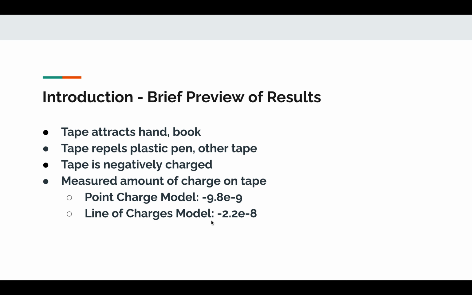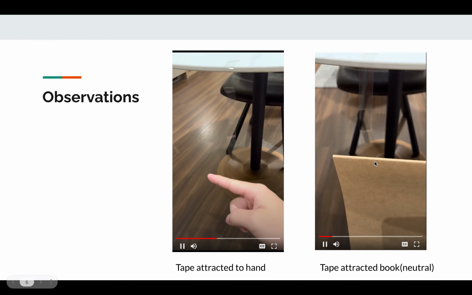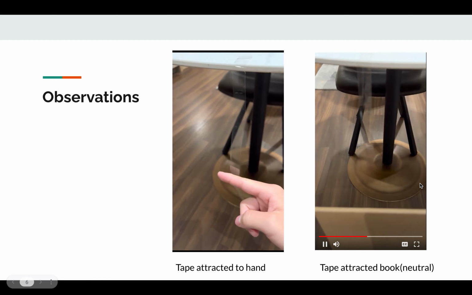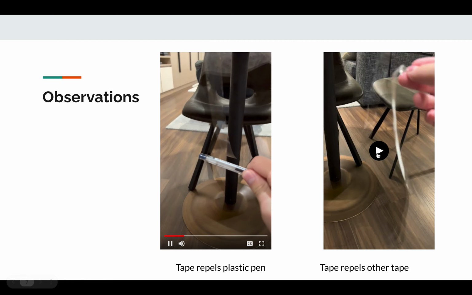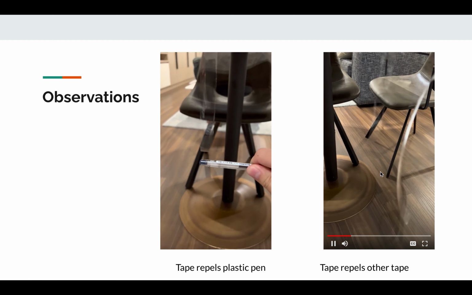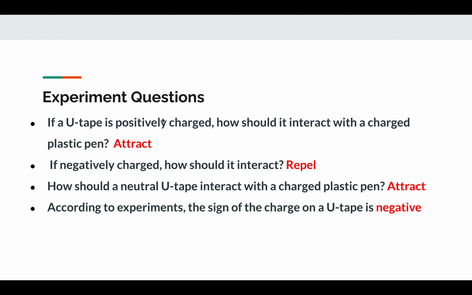These are the values I got for the charges. Here are some observations. This is how the tape attracts my hand and attracts a neutral book. And it repels a plastic pen and repels another tape as well. And these are some hypothetical questions. I answered them after. And then according to my experiments, I found that since it repels a negatively charged pen, the tape is negatively